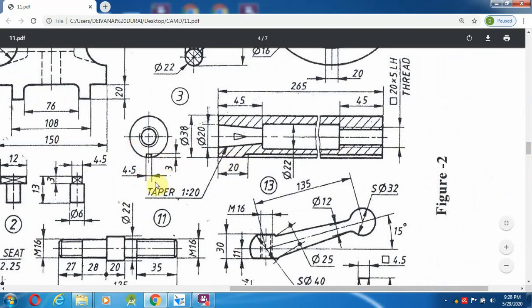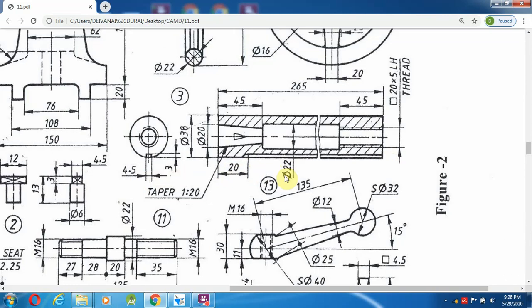In the side view, they show a small tapered cut coming up to a 245 mm length, so for that they have given this taper length.